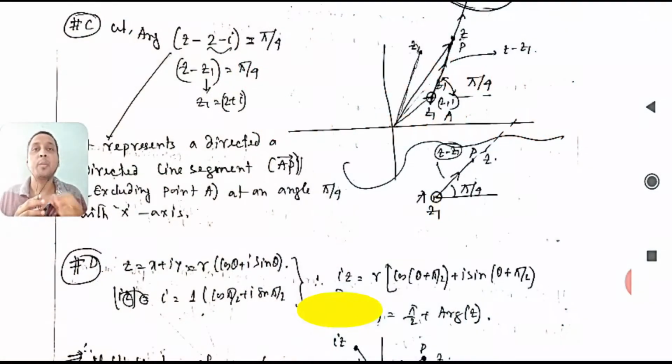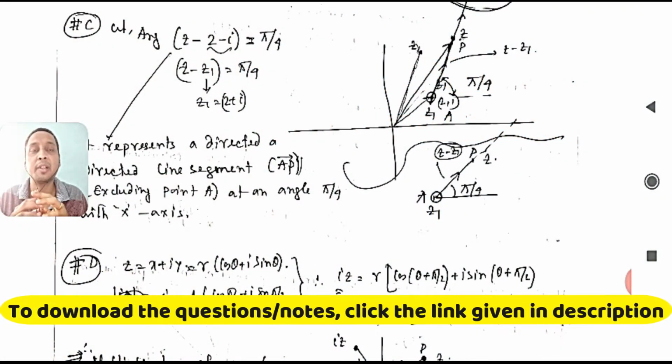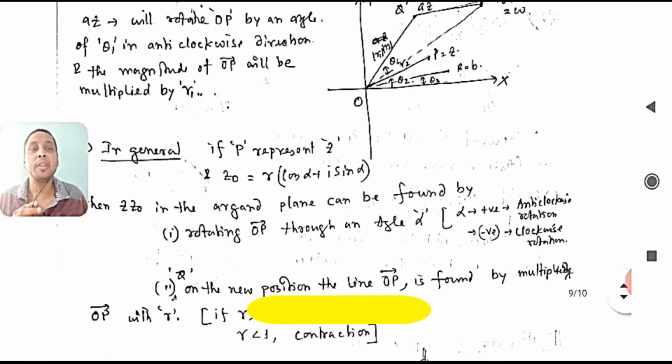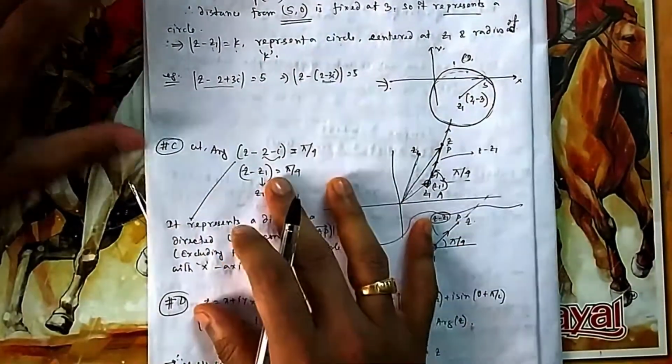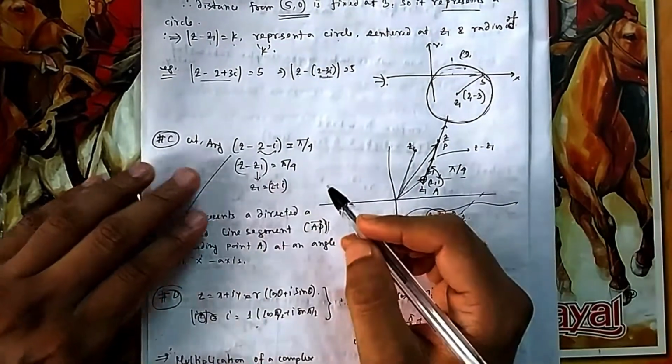Okay students, welcome you all to this new lecture where we are building concepts on complex numbers for JEE Advanced level. So today we will continue our geometric representation of complex numbers and we will see other cases C, D, E. In this lecture we will see up to E case. Okay, then let's see this. In continuation of our more geometrical representation of complex numbers, we are coming to the C section now.